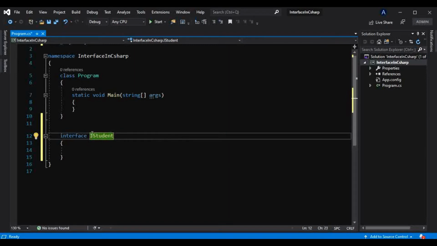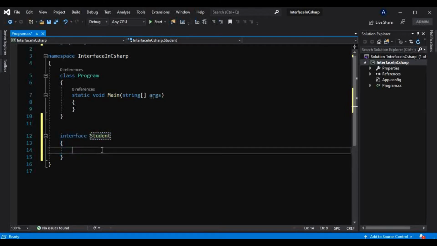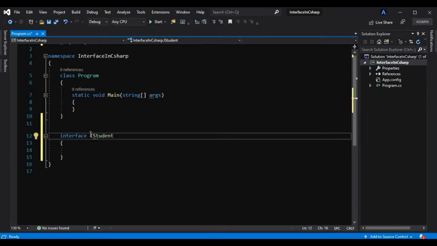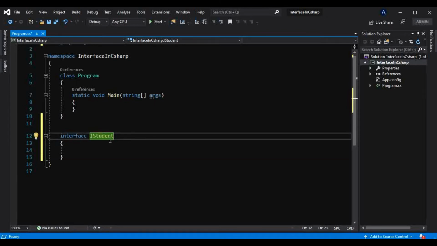So this is a convention, not a necessity. If I remove this I from here, this is also possible. We can define an interface like this as well, but it is a convention only to use this I in front of the name so that the user can identify that yes, it is an interface. So that is why.